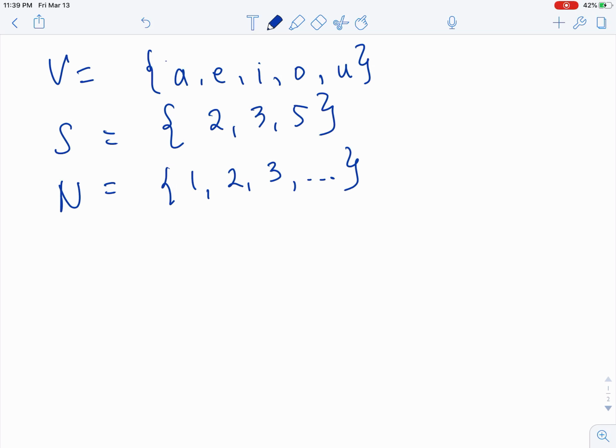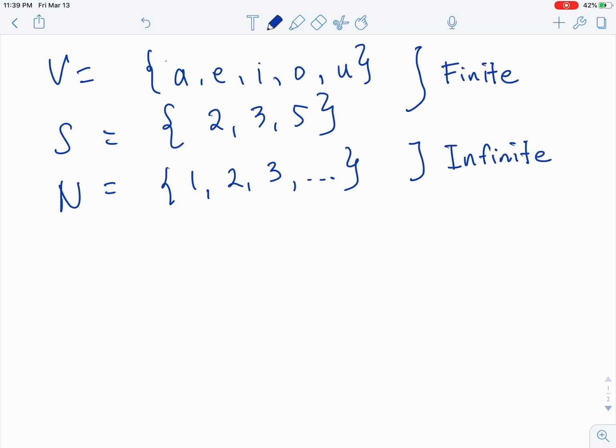Bago natin yan pag-usapan, i-recall natin yung dalawang types ng sets, no? Yung finite set na ibig sabihin ng finite set ay pwede nating ilista yung mga elements. Ibig sabihin, posible na ilista natin, no? Kasi although madami yan, pwede natin ilista if we give time. Pero pag infinite yung number of elements natin, kagaya ng counting numbers, yung 1, 2, 3, and so on, hindi natin malilista lahat, no? Kasi infinitely many yan. So this is a finite, this is an infinite